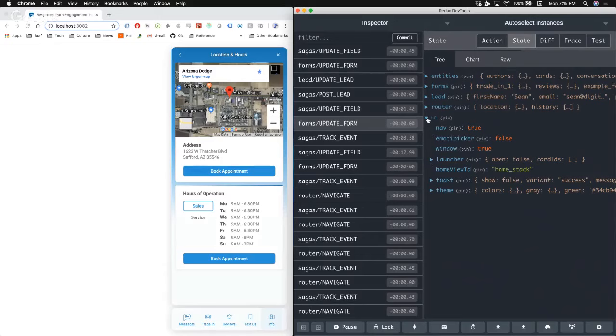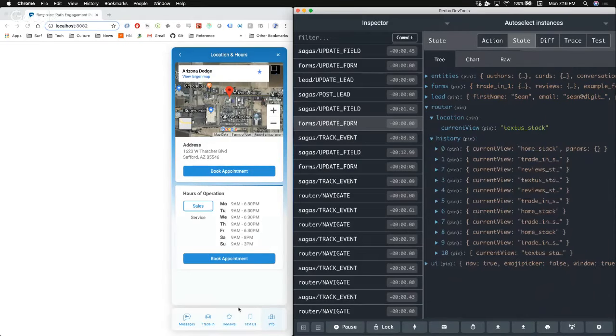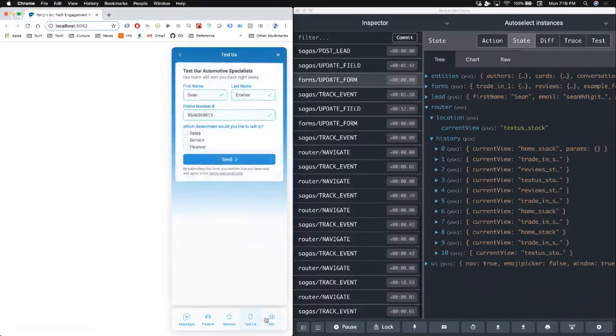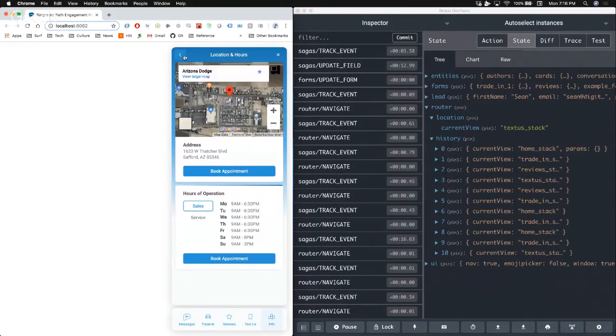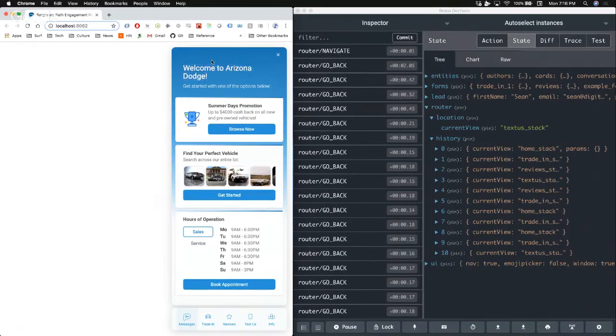UI just kind of manages state, and then what I think is really fun and interesting is a router. So we don't actually use any of the built-in browser routing system. We have our own router and location history. So as I jump around from view to view, my router is firing, and then I can press back like I could in a web browser all the way to the very beginning. So that's a quick demo.